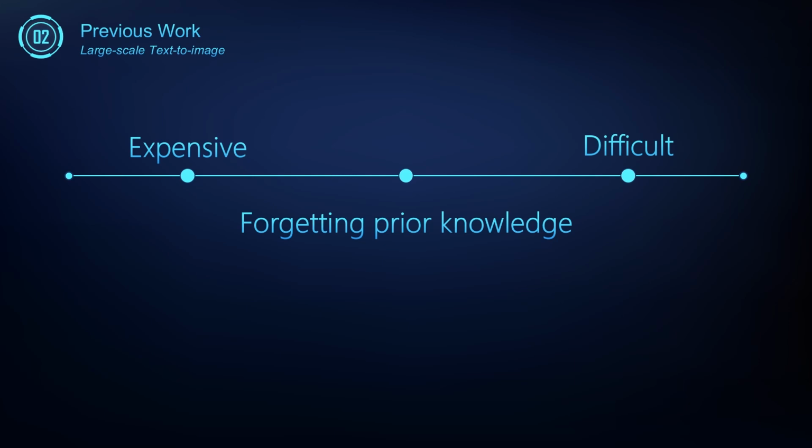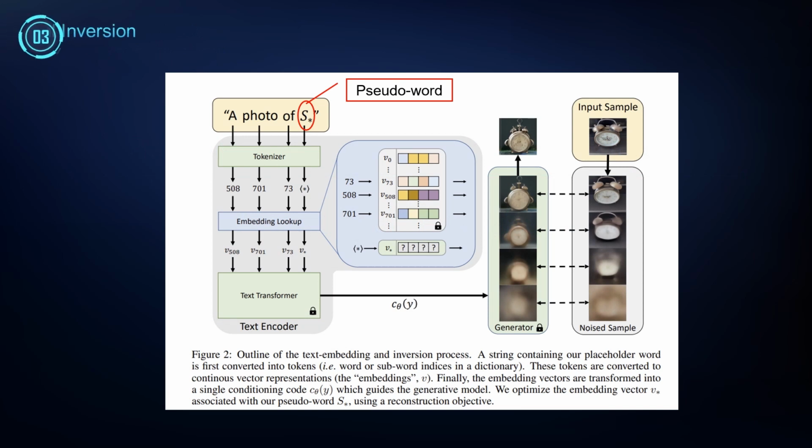with newly learned concepts. To overcome these challenges, the authors propose textual inversion, a technique that involves creating pseudo-words for specific concepts by optimizing word embeddings directly in the latent space of a pre-trained text-to-image model. This method allows for seamless integration of new concepts into the model's vocabulary, enabling personalized image generation without affecting the model's overall performance. Specifically, they overcome these challenges by finding new words in the textual embedding space of pre-trained text-to-image